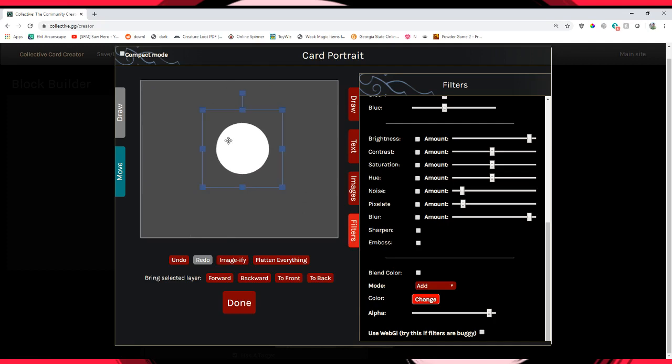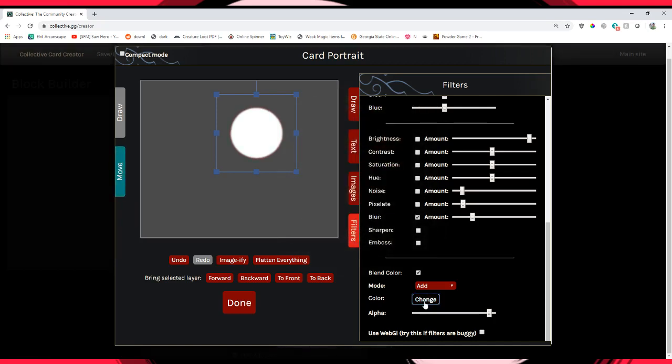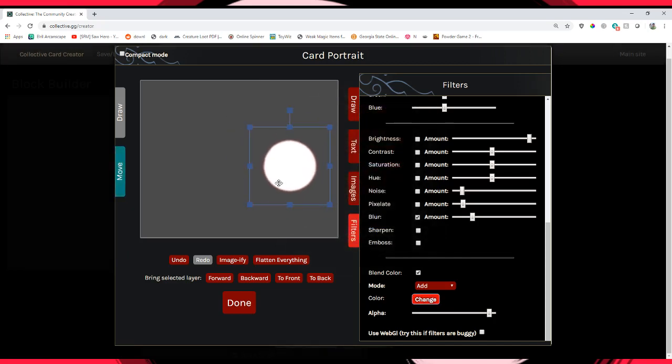So let's start with some of these blur tricks. If you take blur and you do it just a little bit, you get this outline around an object, and it'll do this for any of the clip arts. We're going to start with a circle, and if you do just add, you can color that blurry outline without changing that middle color. And how you can use that is if you imagify the object after you've colored it,